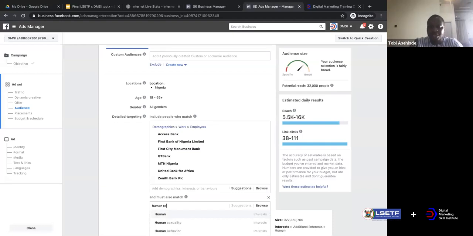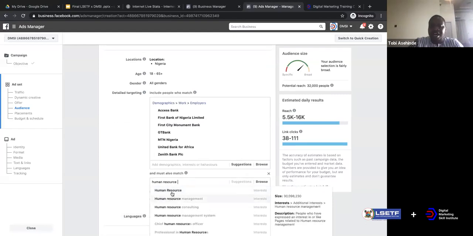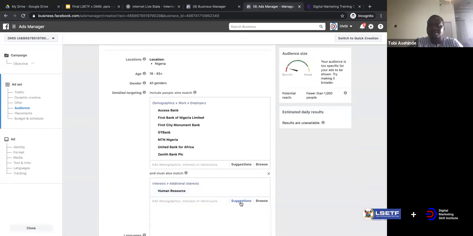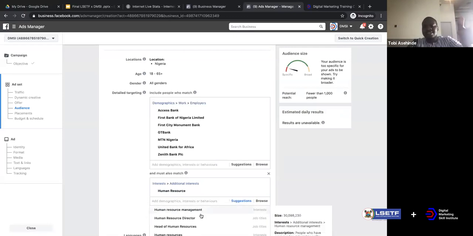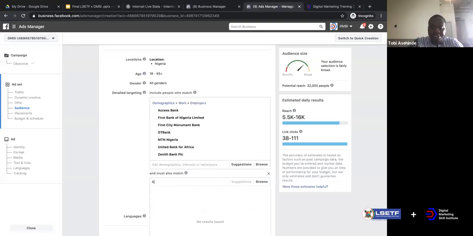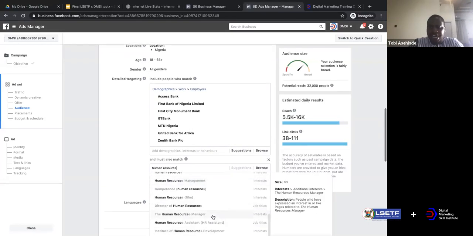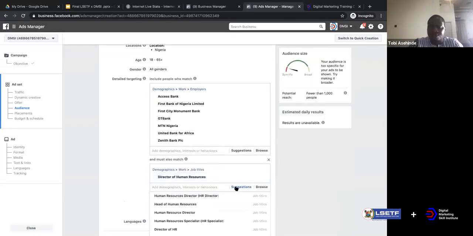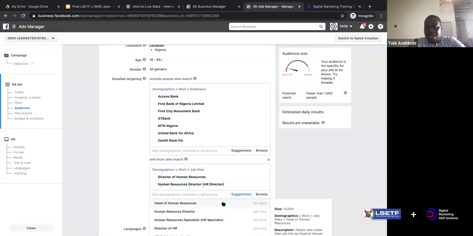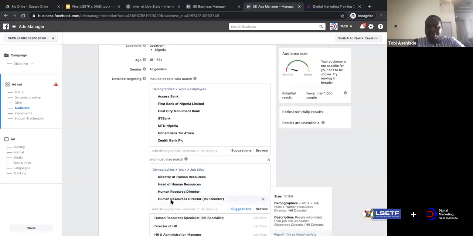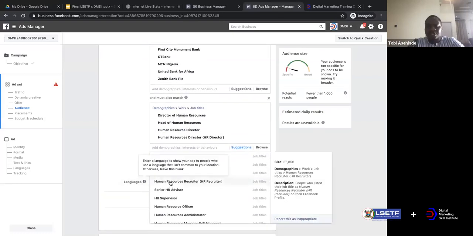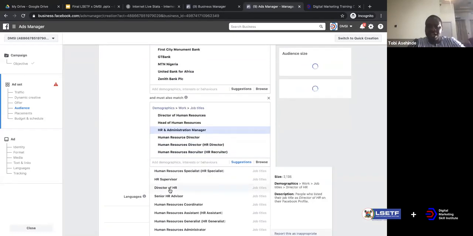And so right now, if the person I need to meet in Zenith Bank is a human resource person, are we together? Right? I can click here and then I can promote to that person and sell. So I'll come under interest. Yeah, I can use interest. And then I'll put human resource. Are we together? Right? Human resource, and I can put it as job function. So this person is director of human resource. This person is the head of human resource, director of human resource, recruiter, and things like that.